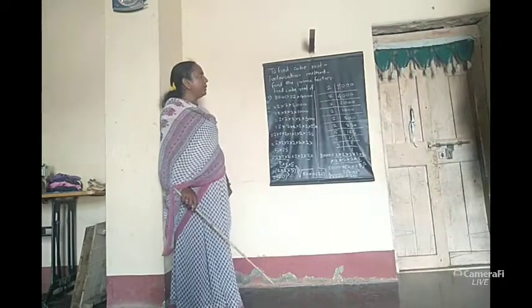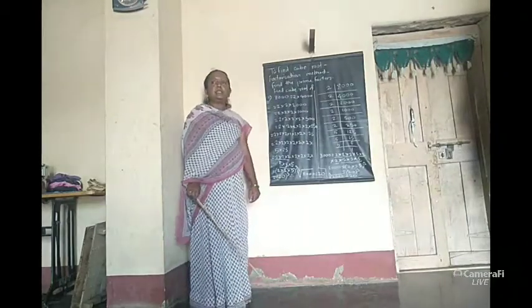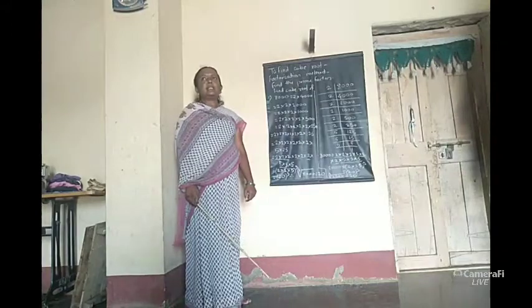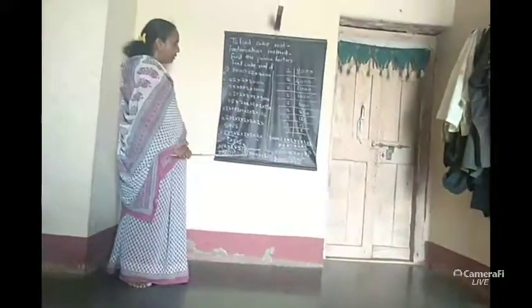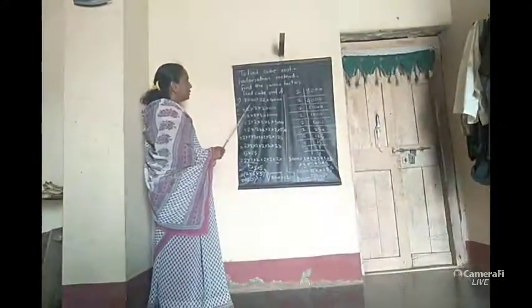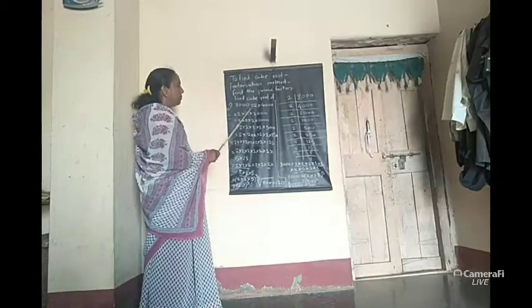We have to find prime factors. Prime factors, you know the prime factors. The numbers which are divisible only by themselves and one are known as prime numbers. We have to find the prime factors here and then find the cube root value of the given number. See, 8000 is the cube value. We have to find prime factors.